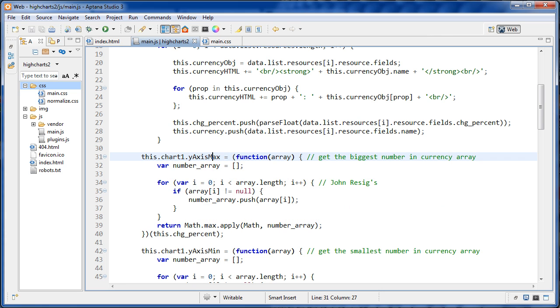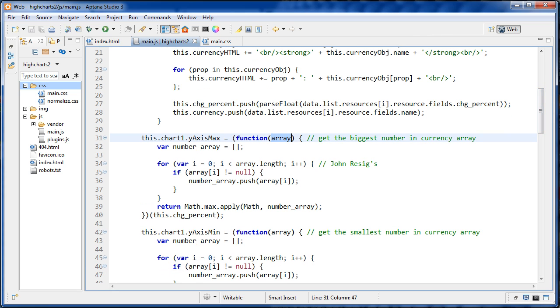Okay, so we start with the parentheses right here, and you'll see at the end it's got the invocation right here, and we're passing in this dot change percent. We're passing in the array of all of the change percentages that we just created. This gets passed in here. We refer to it as array in the function, and then basically we loop through all of it. We have a check right here to see if it's a valid number or not. So if it's a real number, then we push it onto the array, and then finally return